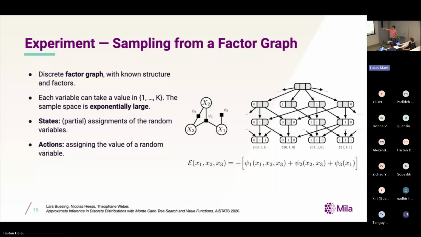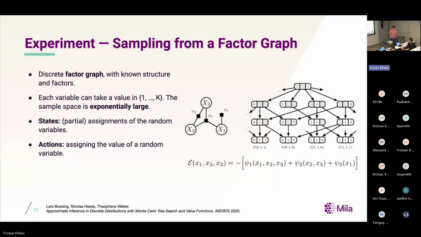So one example of a discrete factor graph is what we have in the middle, with x1, x2, and x3 being random variables that are connected through factors psi1, psi2, and psi3. Each variable is a discrete random variable, so it can take a value between 1 and k. And so this makes the sample space exponentially large,